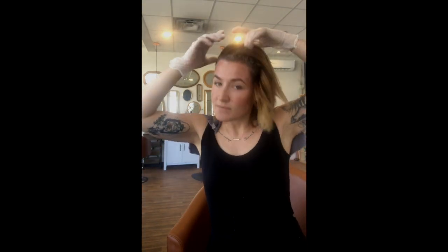Okay, so now I've done the front. I'm gonna grab this section. That leaves just the back stuff here. So it's gonna be hard for me to show you this, so I'll do my best, and then you can do your best. But basically I'm gonna find that center spot again, and it's gonna be a lot by feel. So this top triangle is gonna come this way. I'm gonna put my finger there on the root, which I can feel, and then I'm gonna locate my finger with the brush. So now I'm over here, I'm taking a section,